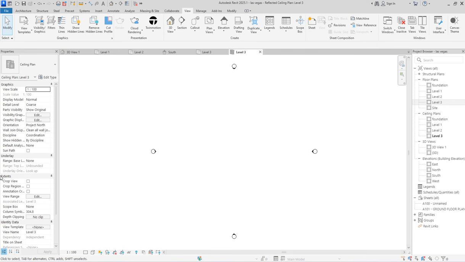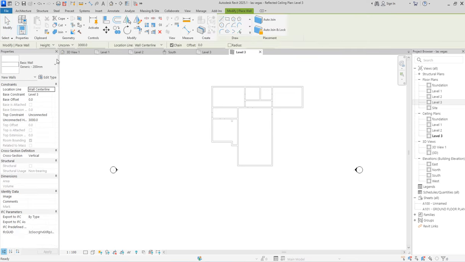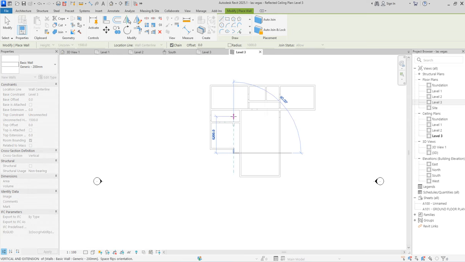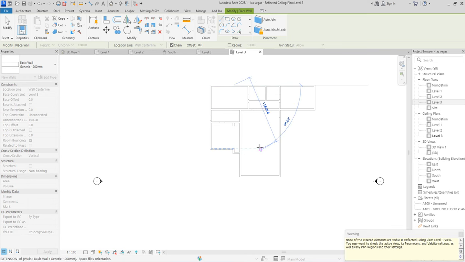What you need now is to go here, select the view range underlay, which is say no, just put 2. So this is what we have here. I want to deck this place now on my own accord. So I'm going to select architecture wall. I'm reducing this height to something like 1500. From here now I start drawing things to implement my idea. So level 3 is being created.